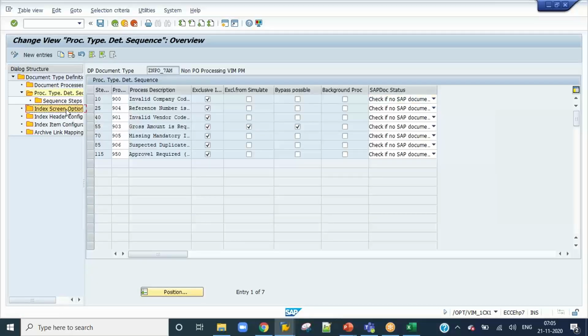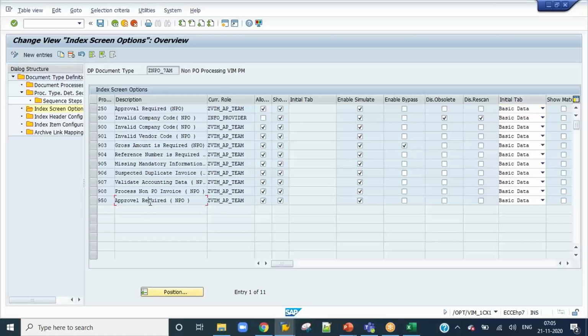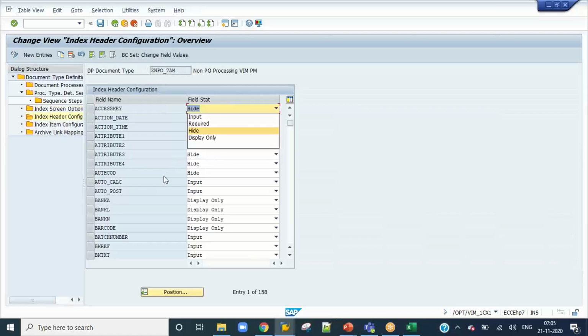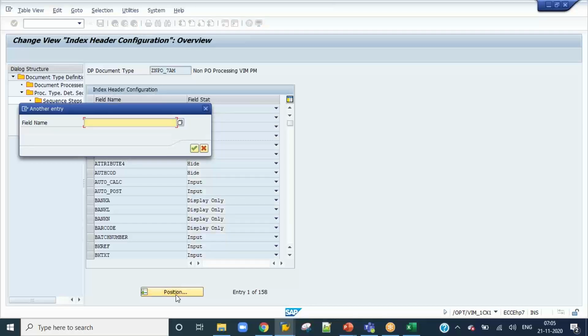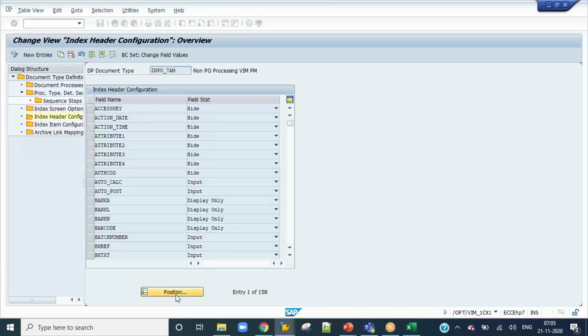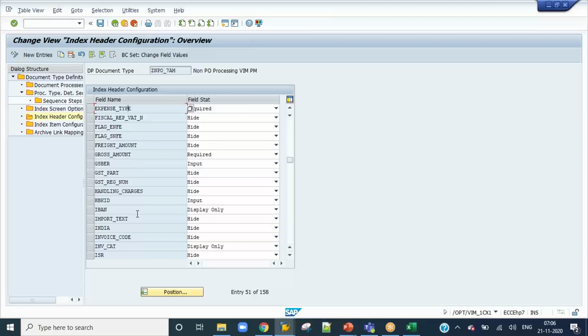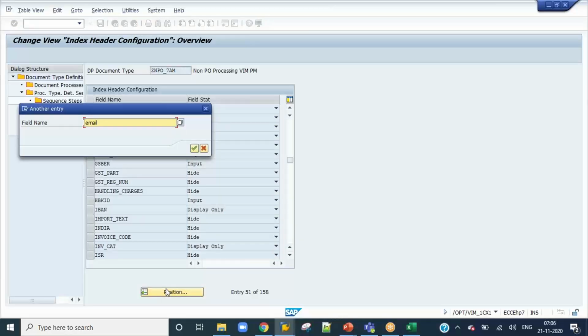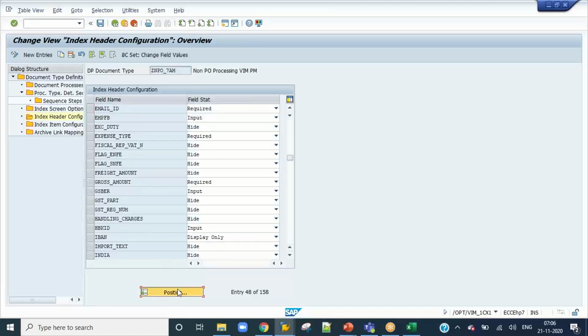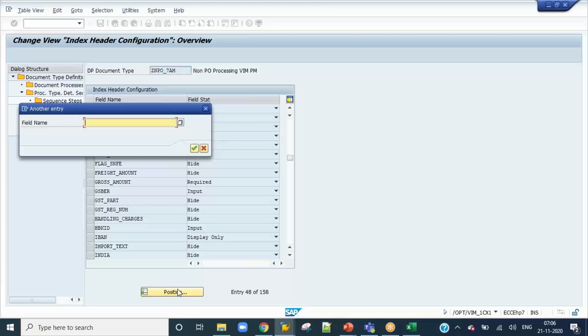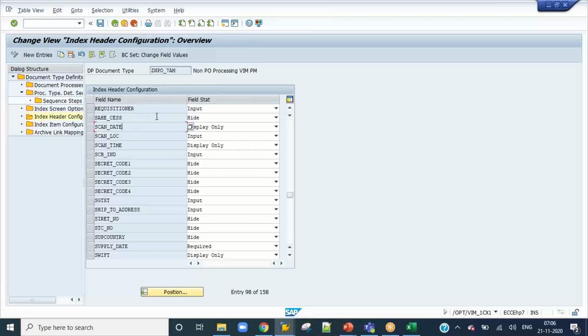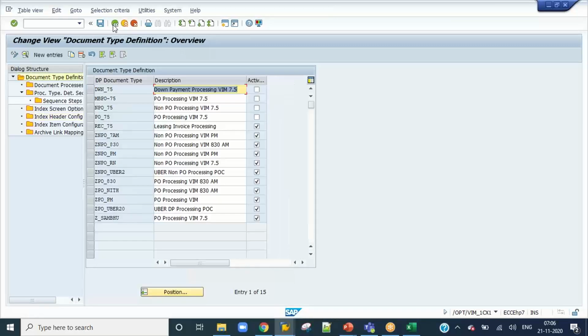Then we went to index screen options. So 950, like we have, and then header fields. What are the fields which we want to show? The email, requisitioner, expense type, those we have added here. Make them input and required fields. So expense type is required, email is required, and requisitioner is a required field. So all of this I kept. Then what I have done,